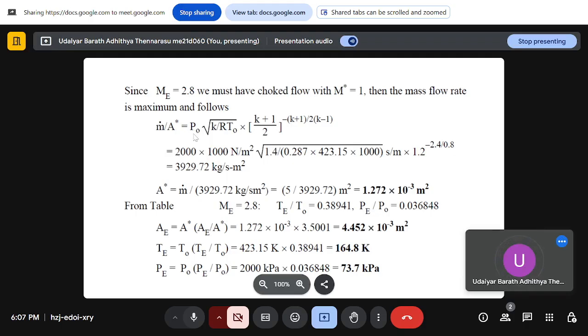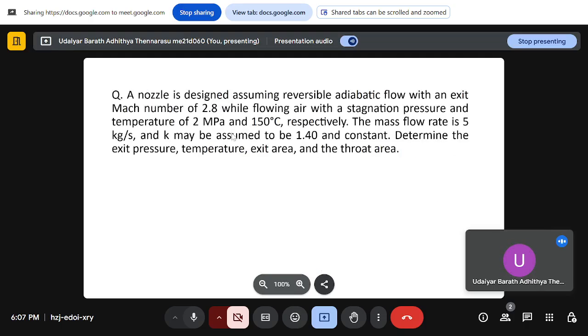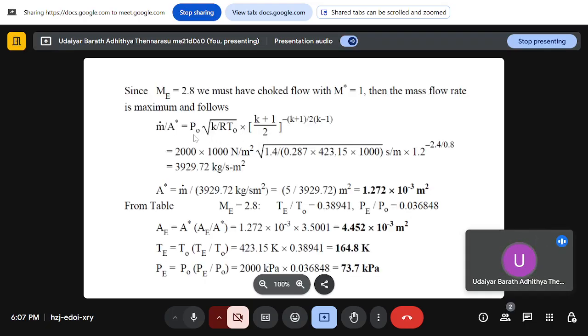So your mass flow rate by area is, now we know the stagnation pressure, we know the stagnation temperature, and we also know that gamma is 1.4 and it is a constant for the process. So the stagnation pressure is 2 megapascal and stagnation temperature is 150 degrees Celsius. So 2 megapascal to convert into kilopascal, 2000 into 1000 Newton per meter square